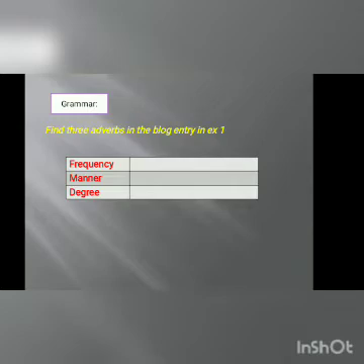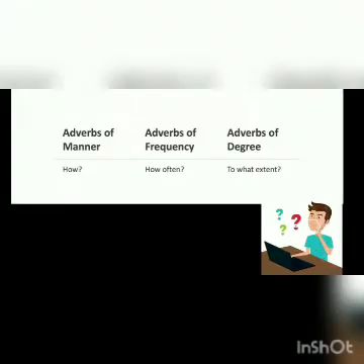Let's revise how we use adverbs. Grammar rule. Now watch this video. Adverbs of manner, adverbs of frequency, and adverbs of degree. The same way we talked about adverbs of time, we ask when, and adverbs of place, we ask where. With the adverbs of manner, I ask how. With frequency, I ask how often, and with degree, I ask to what or to which extent. Manner is how something is done, frequency is how often, the repetition, and degree is to which extent. We will see each of those in detail.